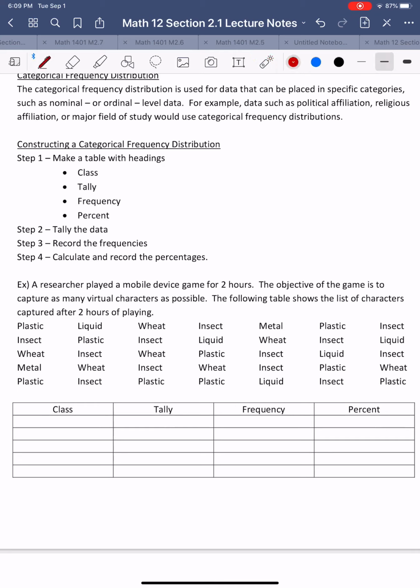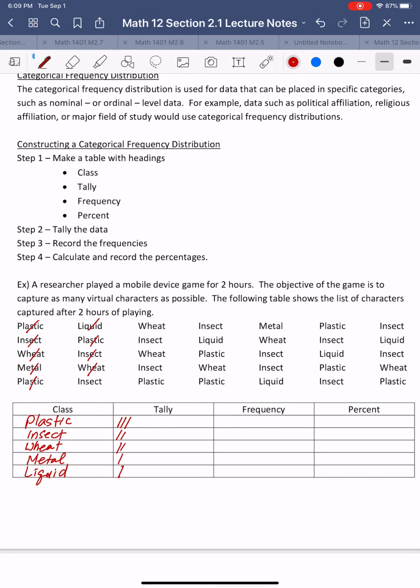In the classes, since these are names of characters, I'm going to put plastic, insect, wheat, metal, and liquid. And then I'm going to record the data. Plastic right here, 1, insect 1, wheat 1, metal, plastic, liquid, plastic, insect,